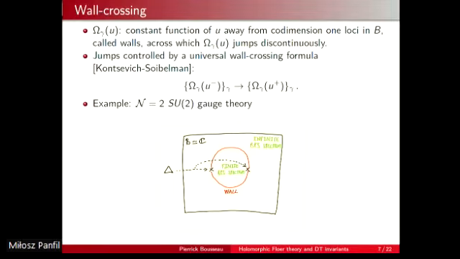And they're integers, so typically they are locally constant. When you move u, your integer remains constant. But across real codimension 1 loci in the space B of values of u, called walls, these integers Omega gamma of u, these BPS indices, jump in a discontinuous way. And these jumps are controlled by a universal wall-crossing formula, the Kontsevich-Soibelman wall-crossing formula,